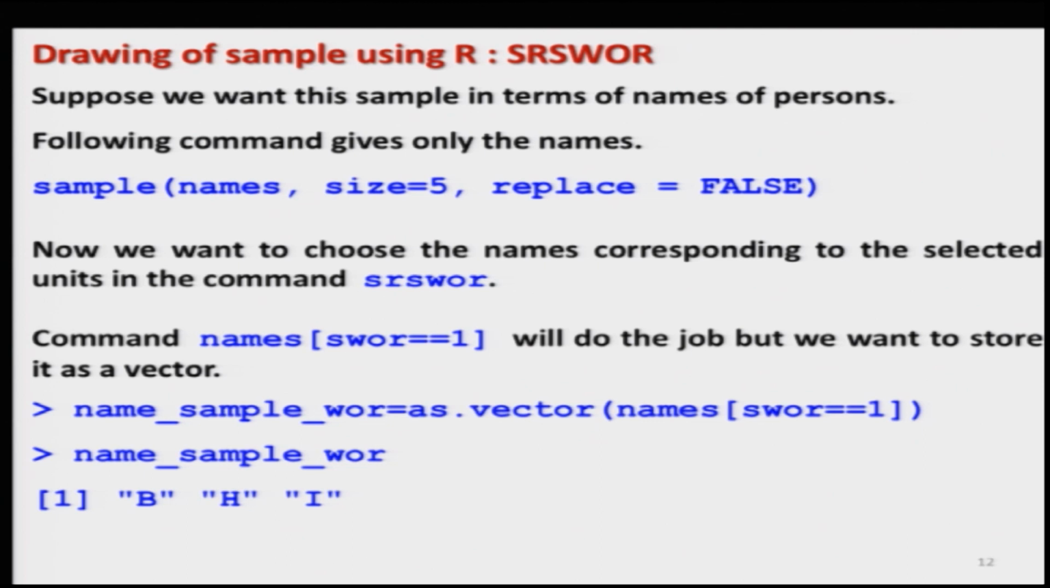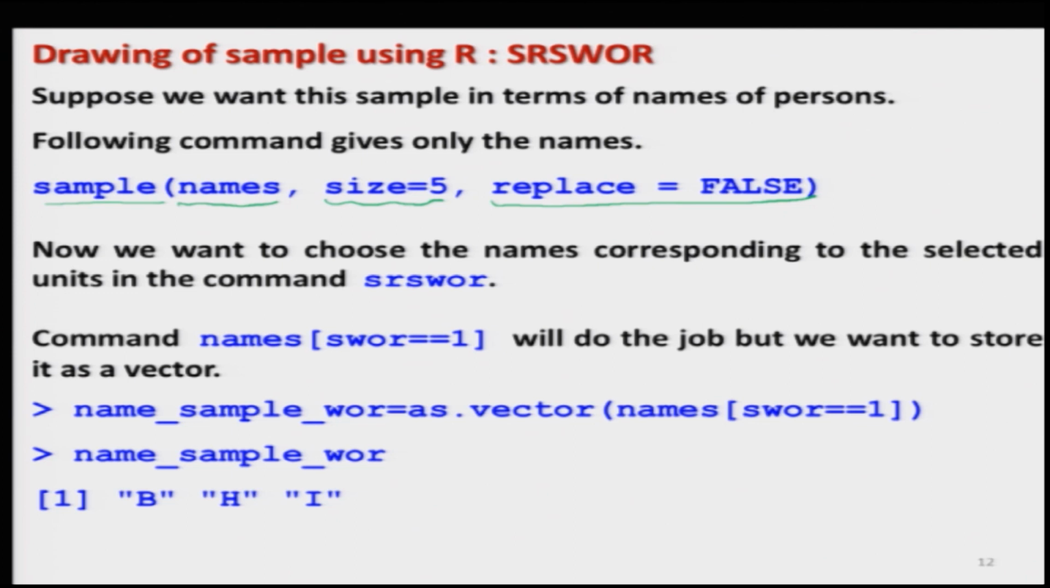Now, if you try to recall earlier when we used the command sample, then in order to get the sample on the basis of the variable names, we had used the command sample, the variable name names, and the size of the sample which was 5, and then because we wanted to use SRSWOR, we used replace equal to FALSE, and this had given us a simple random sample without replacement. Now, if we would like to use this command